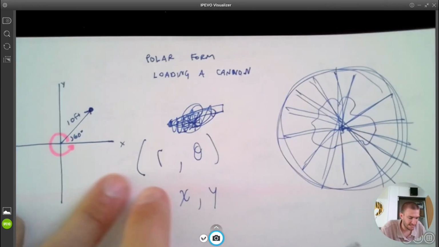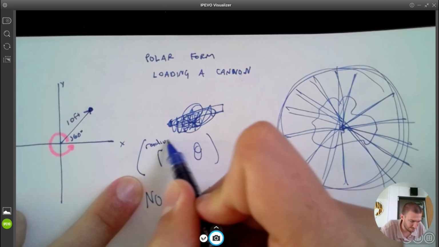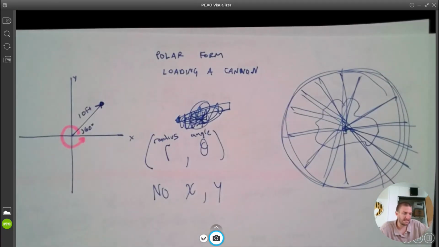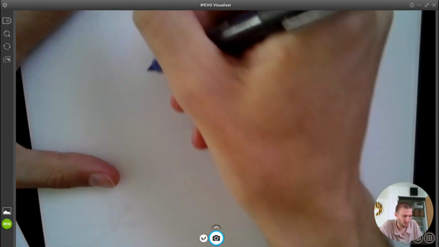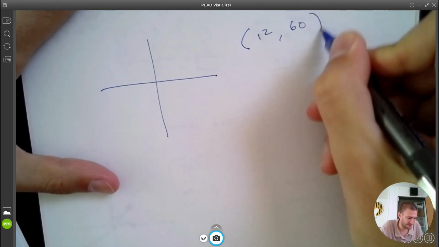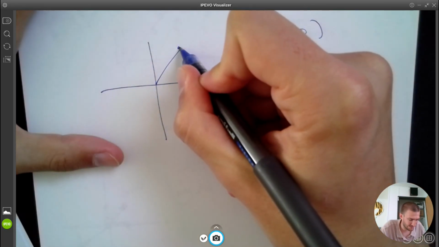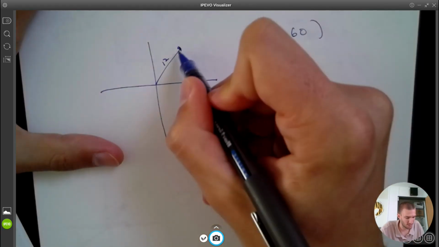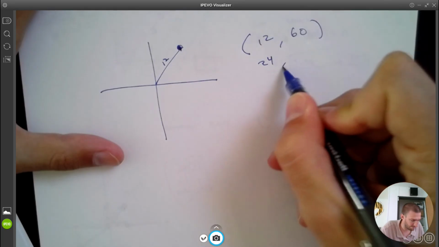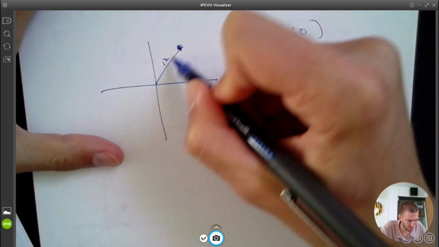The idea here is, in order to get to this point, we need to know the radius and we need to know the angle. So let's say I wanted to graph in polar form and I wanted to graph (12, 60). Okay, that means I go to 60 degrees and it's 12 long, and gets me right here. If I wanted to graph (24, 60), that means I go to 60 degrees and I go